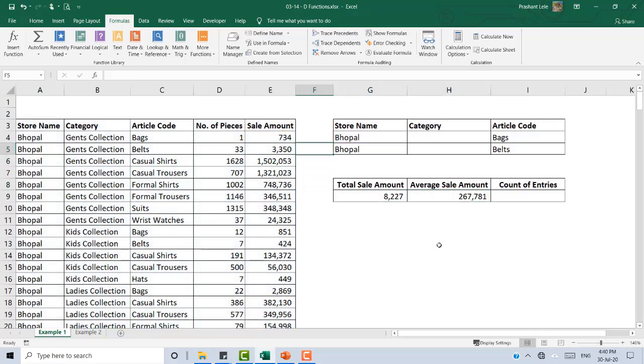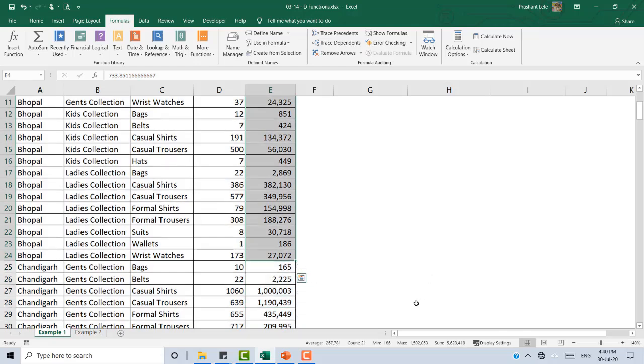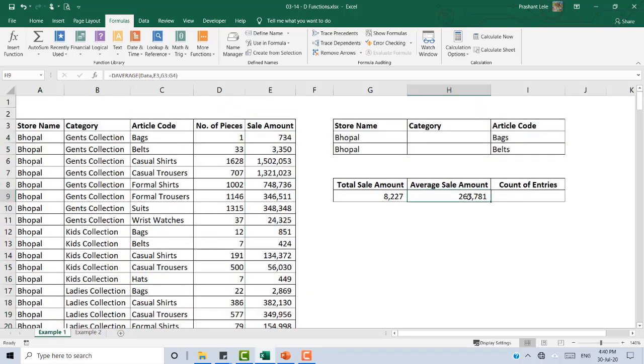So I will select all the rows of Bhopal, and if I check the average on my status bar below, average 267,781, and my DAVERAGE function is also giving me the same result, okay, DAVERAGE. Understood, sir? DAVERAGE, understood?